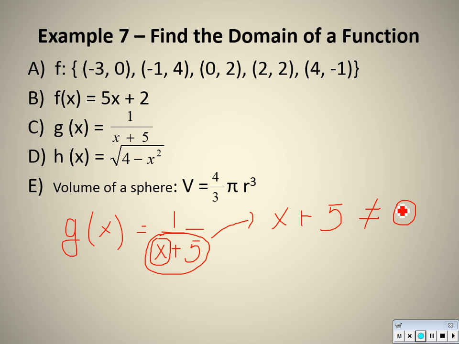So to solve this right here, all I really want to do is just solve it like it were an equal sign. So I'm going to minus 5 on both sides, and I get this. X can't equal negative 5. So here's the thing. X could be anything else from negative infinity to positive infinity. As long as I don't put a negative 5 in here, I'll get some type of real answer for y when I do that. So the domain for this would be all real numbers